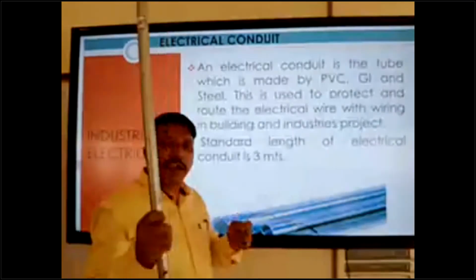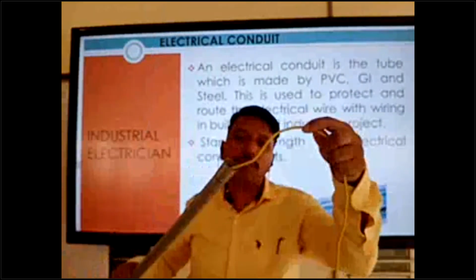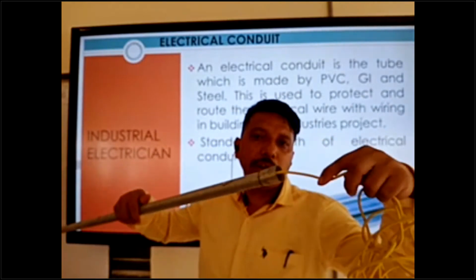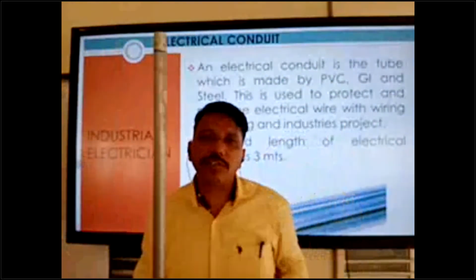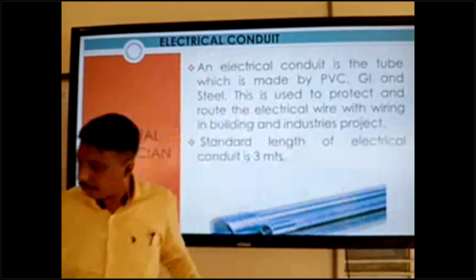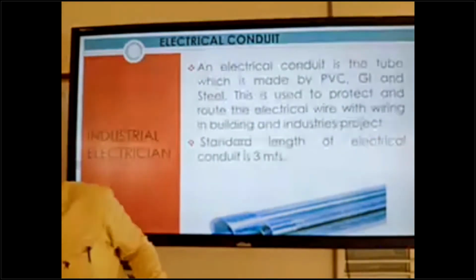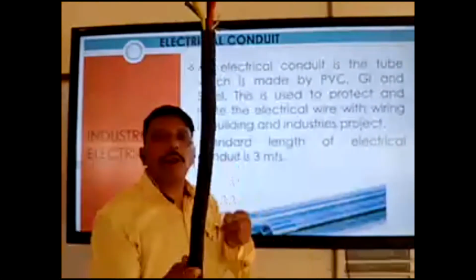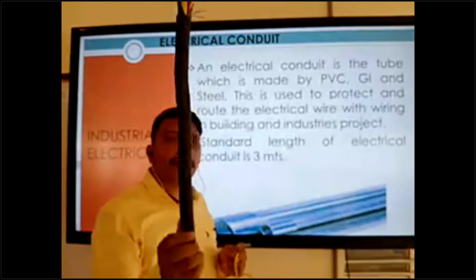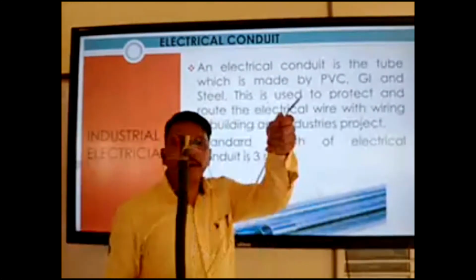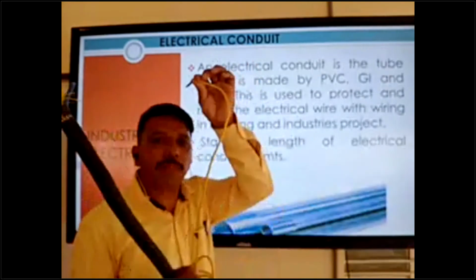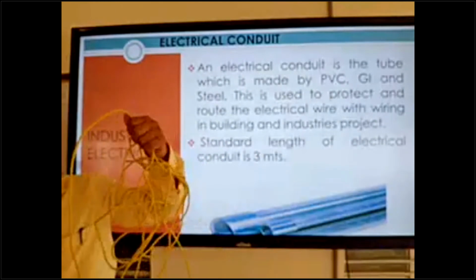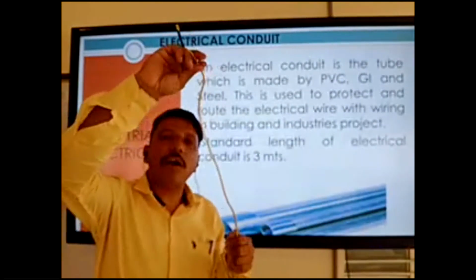Suppose this is the GI conduit. So inside it has a hole. We can pull the wire through like that, pulling in flexible wire. This is the GI conduit. Okay. And at cable root time, this is cable and this is wire. For cable routing we use cable tray, trunking, and ladder. But for wire routing we use conduit, flexible wire. This is the flexible type. Okay. So for this type of wire routing we use conduit.